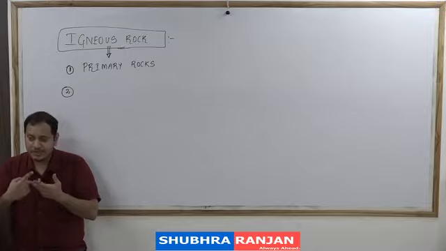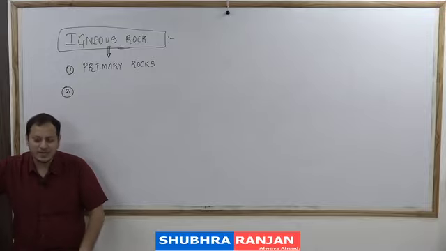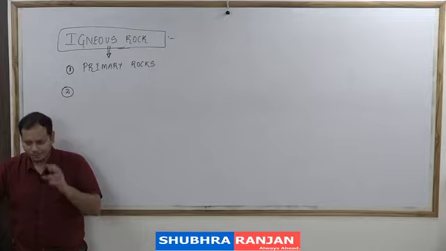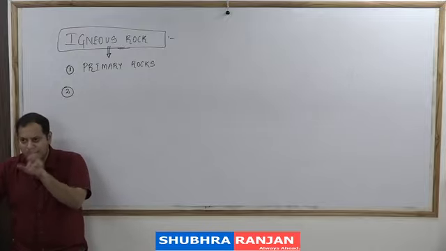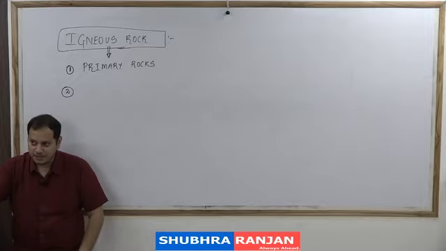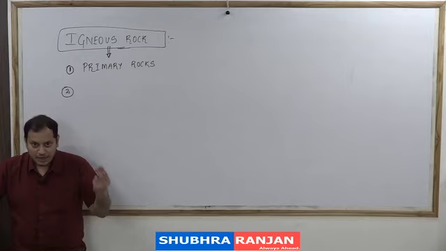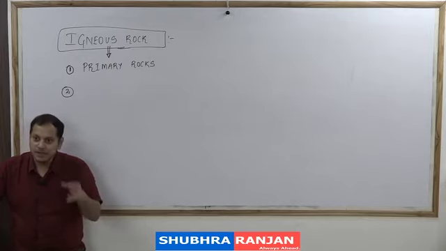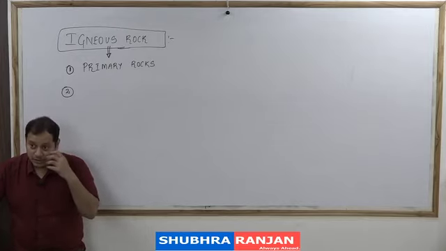One is granite, one is basalt. वैसे तो बहुत सारे हैं igneous rocks. Pumice is an igneous rock, gabbro is an igneous rock, but we don't go into detail. अब the rate of formation of crystals will depend upon the rate of cooling. If the cooling is occurring very fast, then the size of the crystals will be very, very small. If the cooling is occurring very slow, there is sufficient time for the development of crystals, and therefore crystals ka